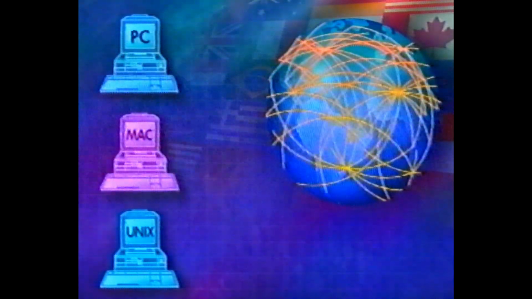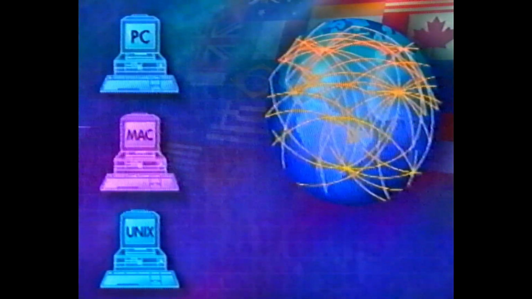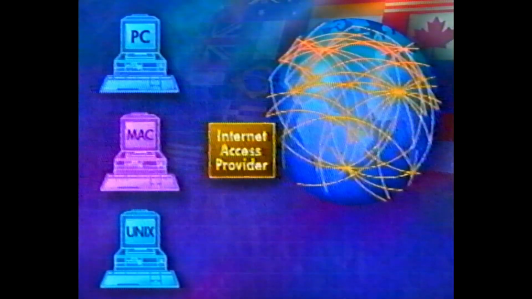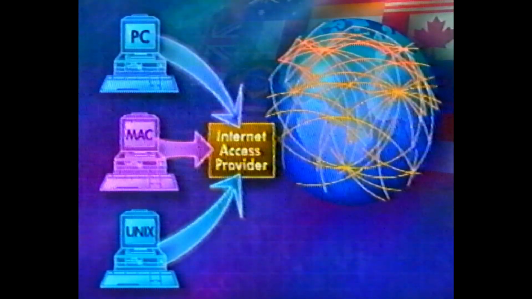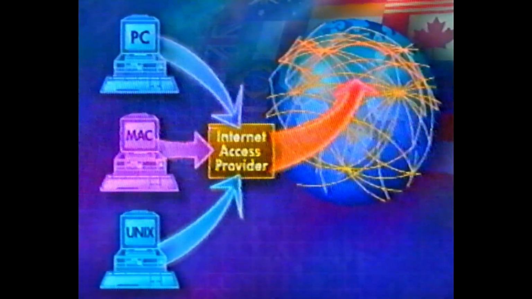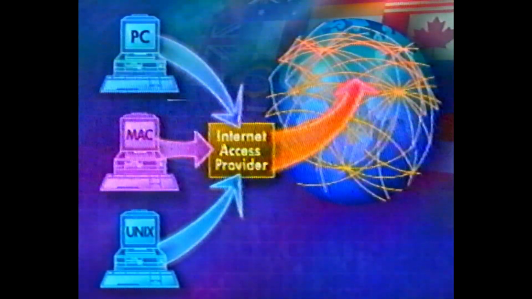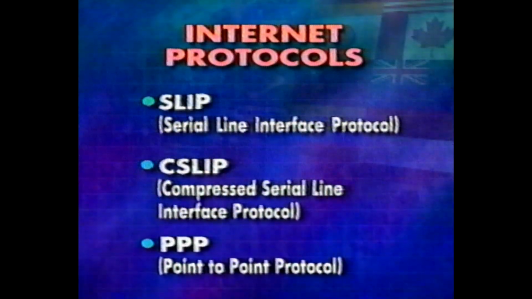If you own a computer already, or even if you don't, you are probably aware that there are many different computer formats, and most are not compatible with each other. An internet provider is designed to get these incompatible systems to work in harmony and communicate effectively within the environment of the internet. They are the computer language interpreters of the internet. There are several computer language interpreters, or protocols, that internet providers use: SLIP, CSLIP, or the most current, PPP, meaning point-to-point protocol.